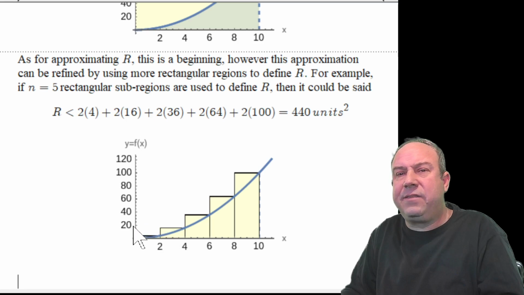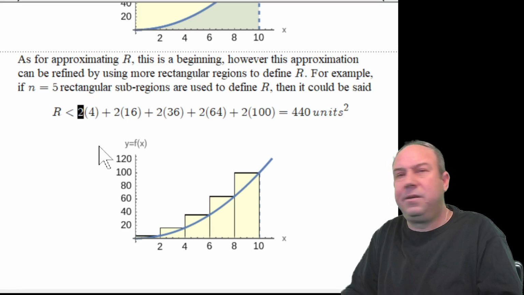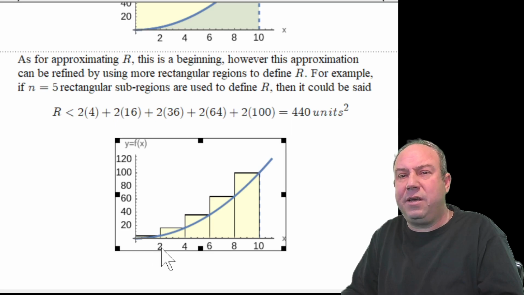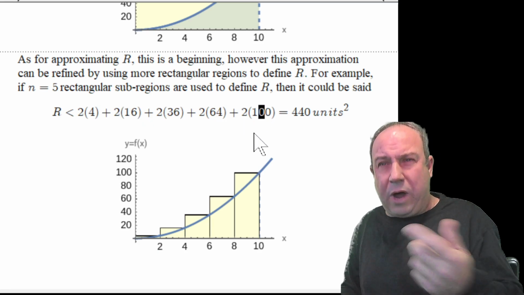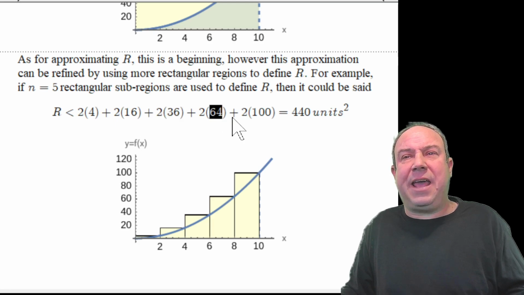Whereas 4 would have a height of 16, 6 would have a height of 36, 8 would have a height of 64, and 10, this rectangle here with the right endpoint at 10, would have a height of 100. And if we take those equally sized base measurements of 2 units and multiply them by their individual heights at the right endpoints, at 2 and 4 and 6 and 8 and 10, and we square those values to get 4, 16, 36, 64, and 100,